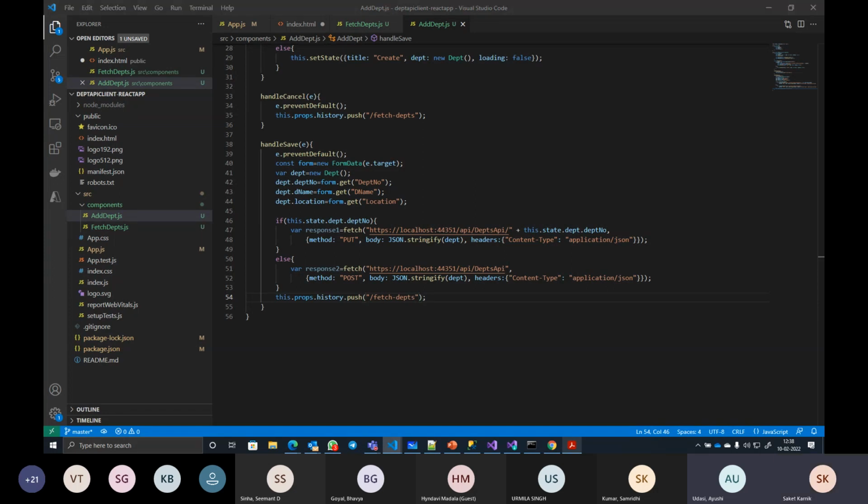Go through the code once more and see if you have any doubt, any question. Done?